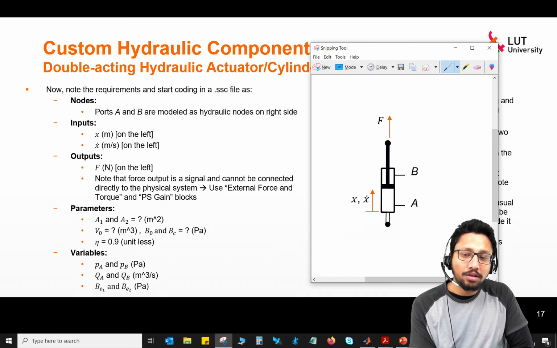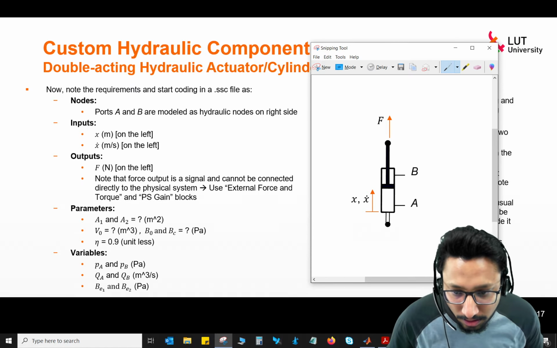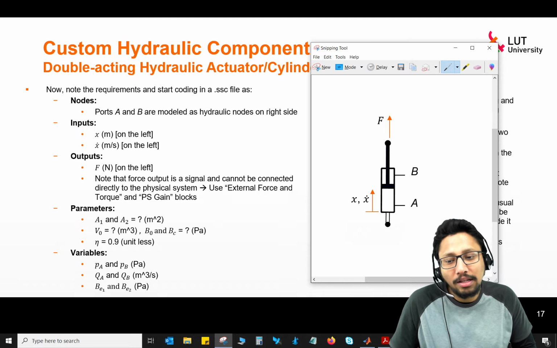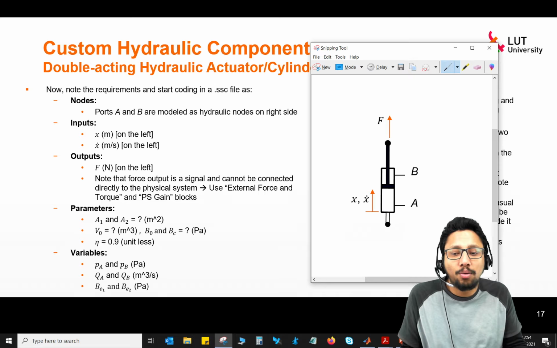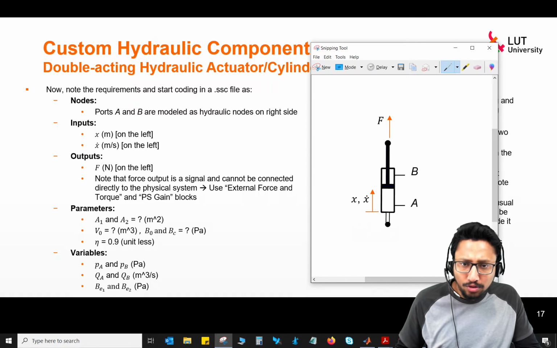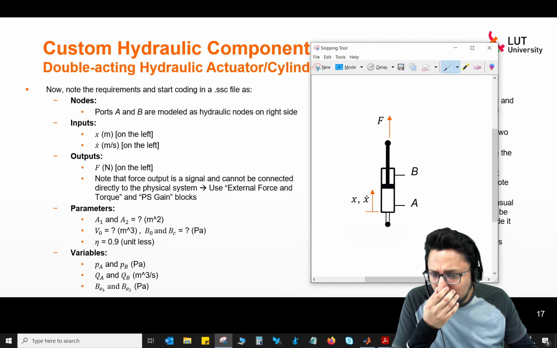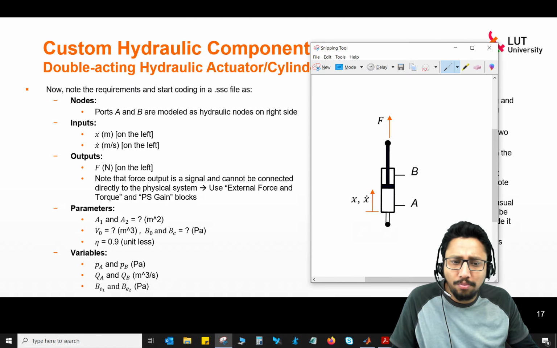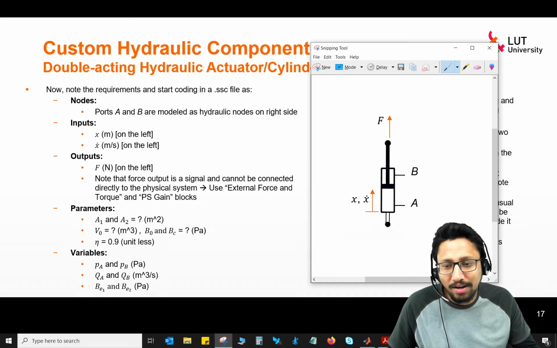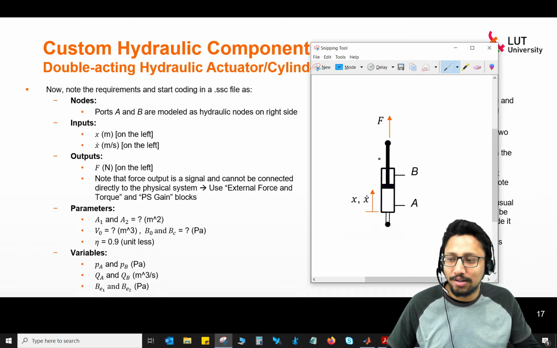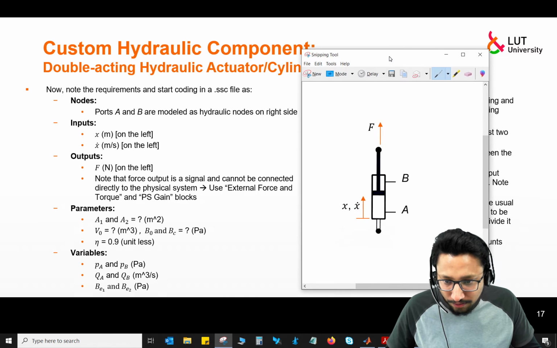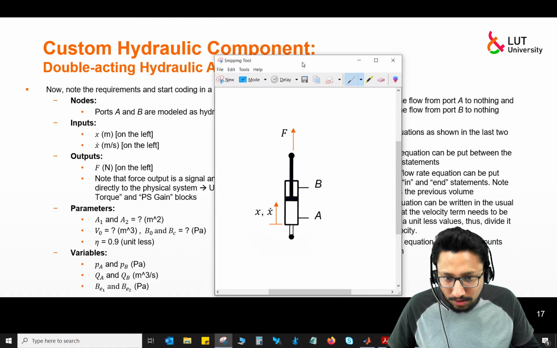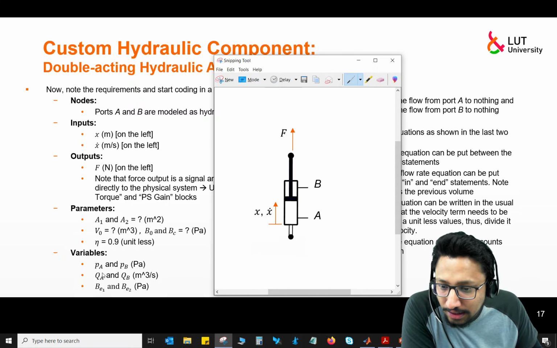Those are parameters that need to be either figured out from the manufacturer's catalog or are already provided to you. Those are actually already provided, so you don't need to figure them out; there is no manufacturer's catalog for that.